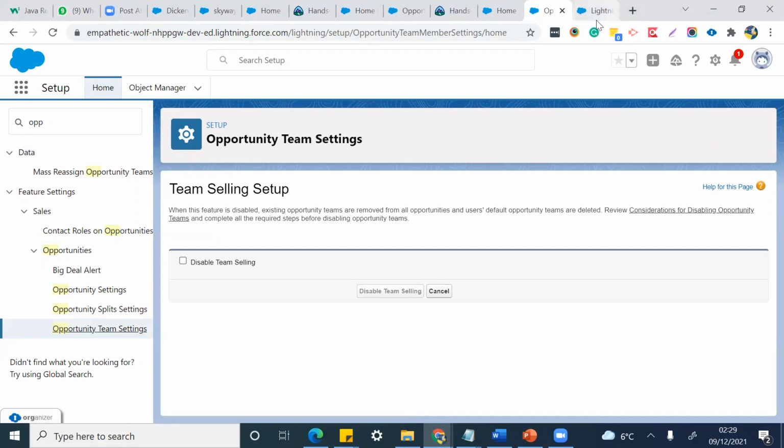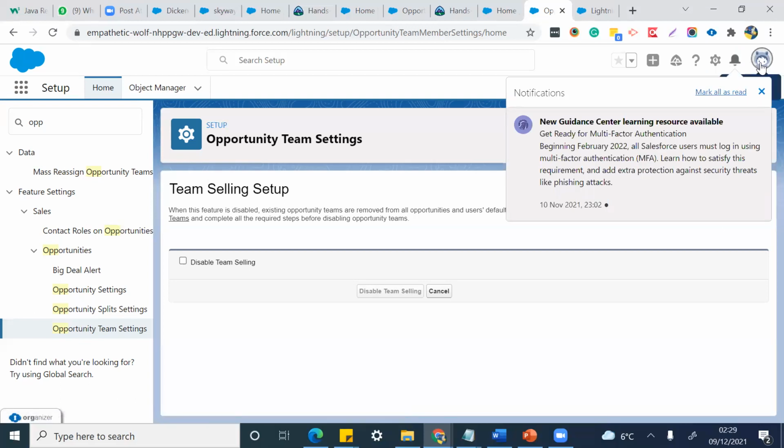Okay, no problem. Just assume we have enabled team this one. Yes, sir. I have tried three or four times, so that is the reason this is happening. Same thing, we have to enable the opportunity team settings, and once we enable, we again know which team we need to add to the opportunities.